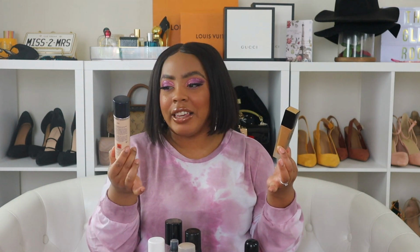It is like getting airbrush makeup, spray can, so beautiful, stays all day. I have a couple of tops. I know I said this is like my ride or die, but when it comes down to my wedding day and special occasions, I'm gonna have this on. That's how bomb this is. I love this one so much. I can't choose, but